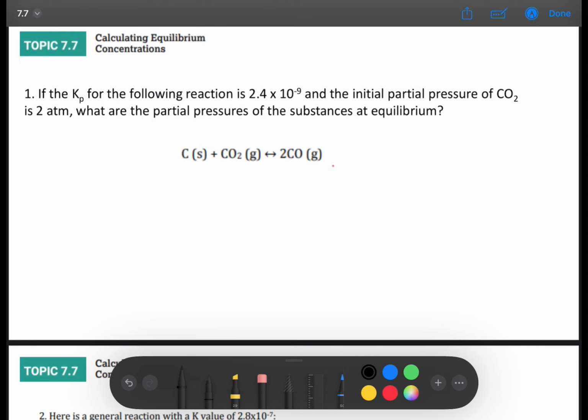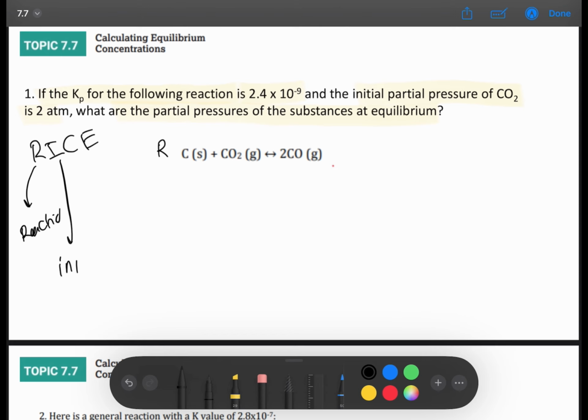The question says: if the Kp for the following reaction is 2.4 times 10 to the power negative 9, and the initial partial pressure of CO2 is 2 atm, what are the partial pressures of the substances at equilibrium? The first step is that we're going to apply something called a RICE table. It represents reaction,